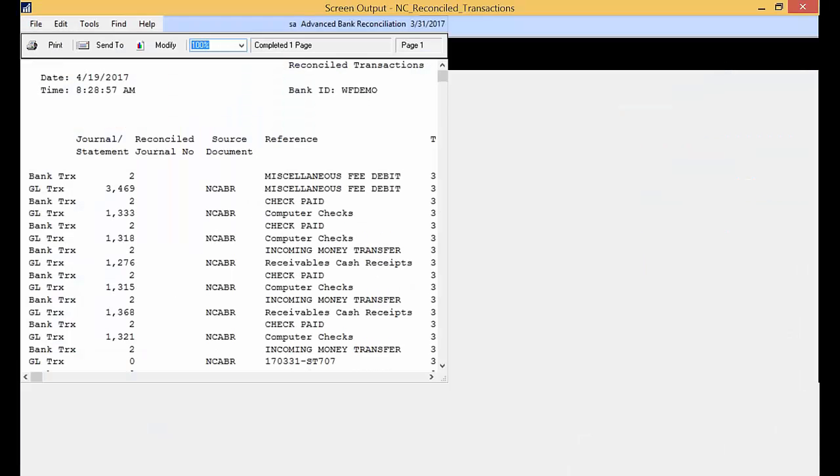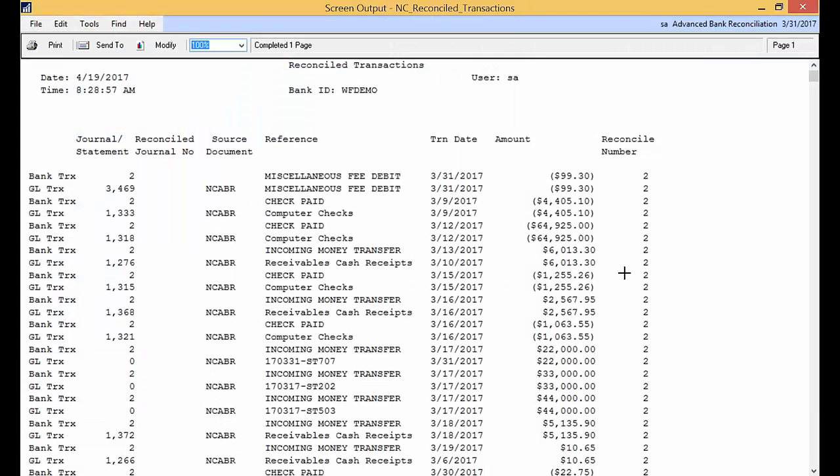Okay, so this is one of the reports that we provide. This is telling you the transactions that did match, and it is assigning a reconciliation number to this reconciliation, and in this case it is number 2. We're going to use this number if for any reason we need to unreconcile. So next one